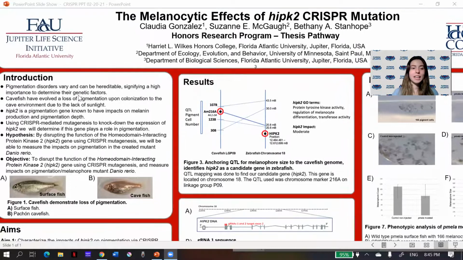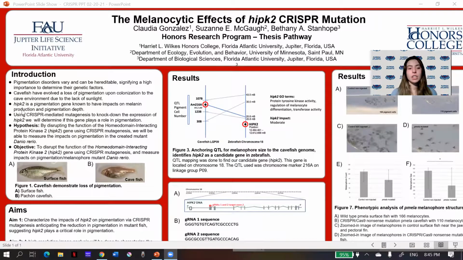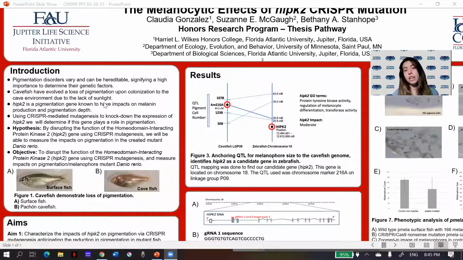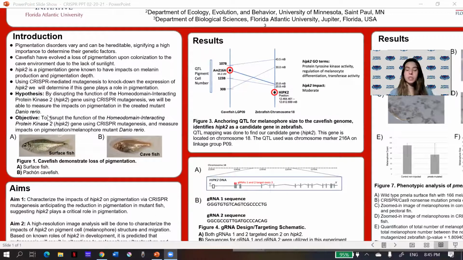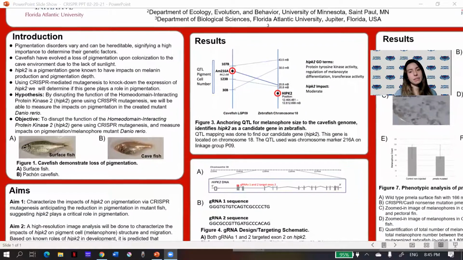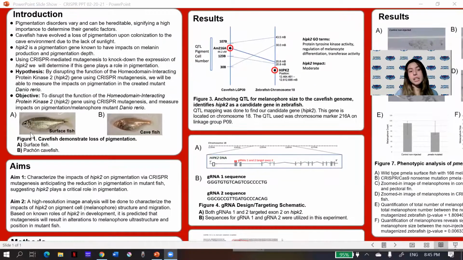Bethany Stanhope. Cavefish have developed the loss of pigmentation upon colonization of cave environments due to lack of sunlight, therefore making them excellent model organisms for research studies. hipk2 is a pigmentation gene known to have impacts in melanin production in zebrafish. Our hypothesis: by disrupting the function of the hipk2 gene using CRISPR mutagenesis, we will find out what pigmentation impacts it has. Our objective is to disrupt the function of the hipk2 gene using CRISPR mutagenesis and measure the impacts of pigmentation